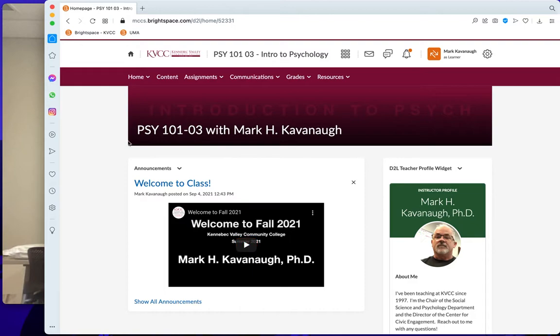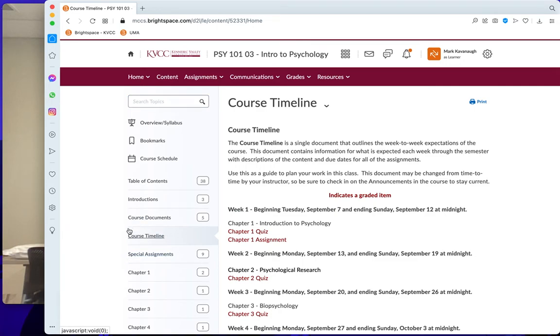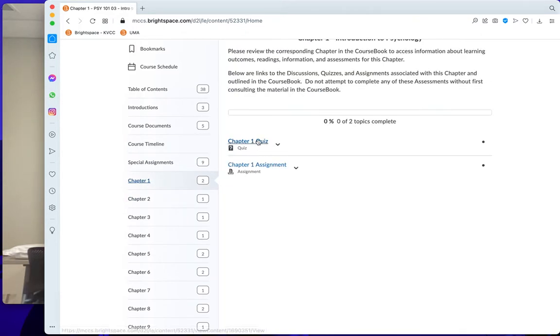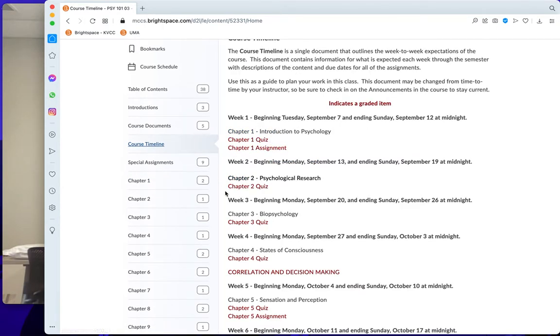So here we are in our class, and we go to content, and then click on course timeline. And here's the stuff that was due during week 1: to read the textbook, chapter 1, read the course book, chapter 1, and complete these assignments. To find these assignments, this chapter 1 quiz and chapter 1 assignment, you go down into this place right here, click right there, and there's the quiz, and there's the assignment. Now, we're getting into week 2, we're moving ahead into Chapter 2, Psychological Research, so you'll be